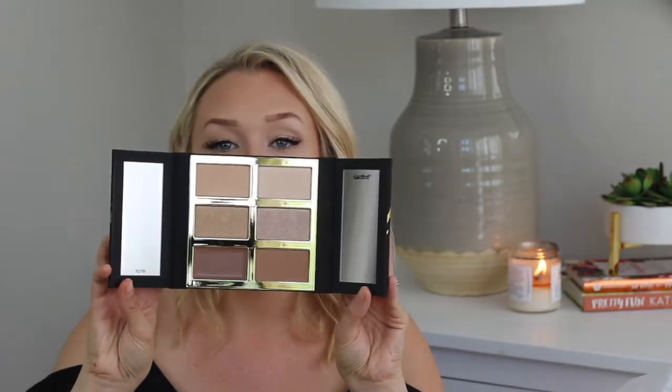If you've watched any of my makeup videos, you know for years I have used the Hardy's Pro Glow to go, so the little palette. And I'm so happy to have the full size, and I'm out of highlighter. Wow. So this is a cream, and then this is a powder, and I'm guessing that these are all highlighters. Some of them are darker, but I could see these as beautiful eyeshadows. Man, that is absolutely